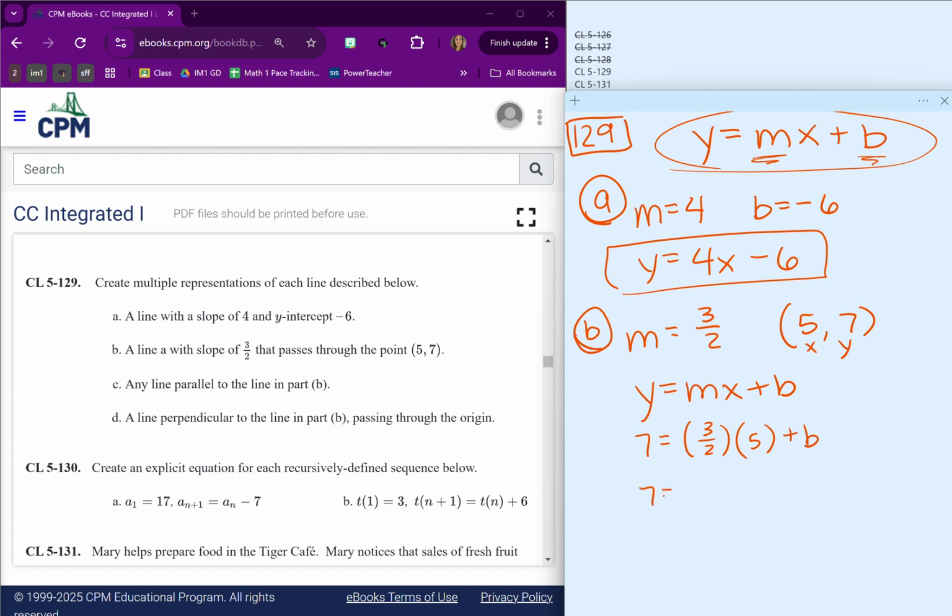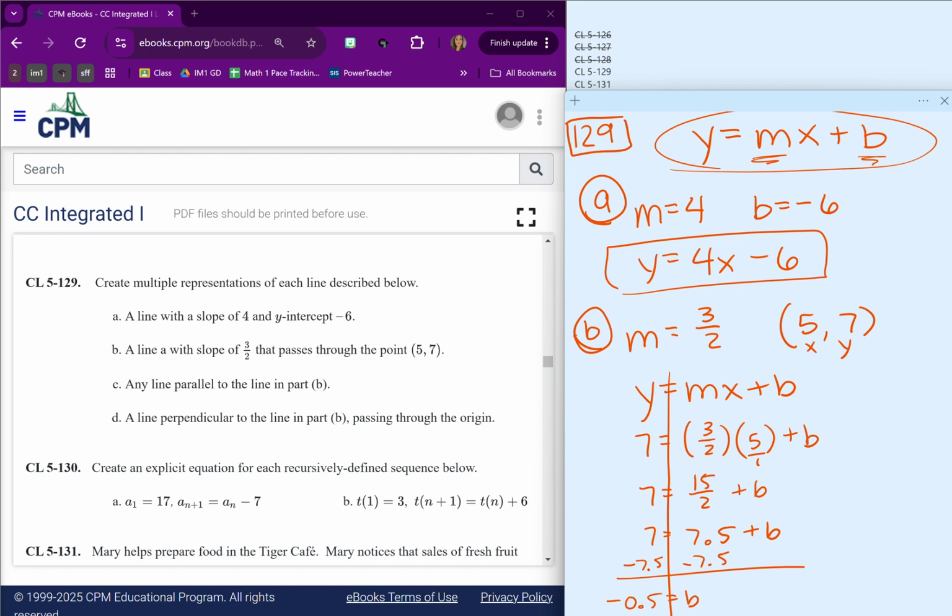Next, I'm going to say 7 equals 15 over 2. So I multiply 5 over 1 times 3 over 2. If you like decimals better, you can change 15 over 2 to 7.5. And the last goal here is to get b by itself. So I'm going to minus 7.5. That leaves me with a negative